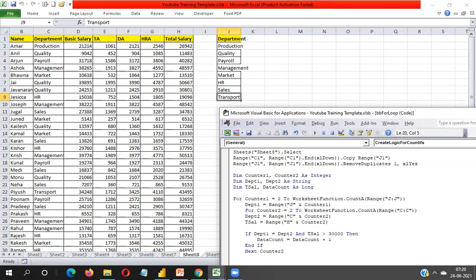So I need to place the count in K column. So I have to write here K concatenate counter 1. Counter 1 I'm executing here. So I need to take here counter 1 in K column also. Okay. Then I have to take count of data count variable. Okay. Then I have to reset the data count equal to 0.